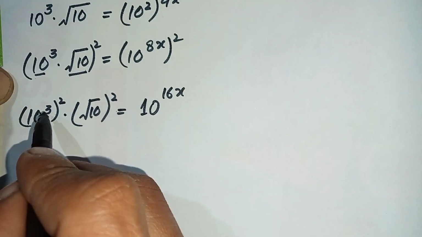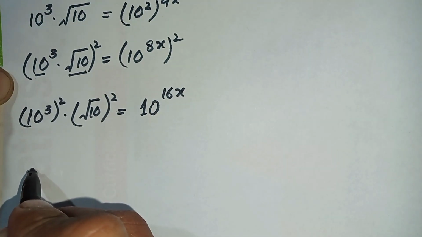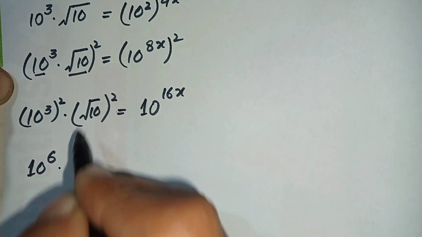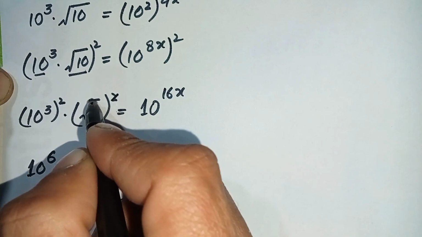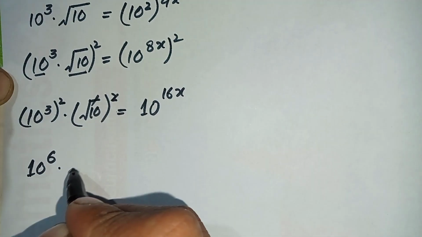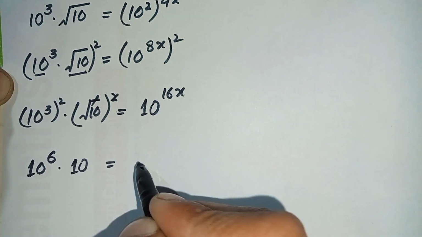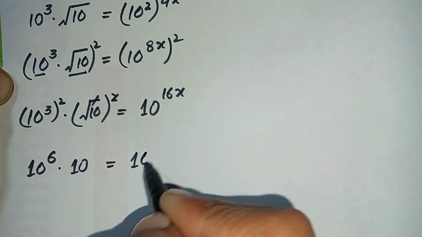So here 3 times 2 is 6, so it will become 10 raised to power 6 times, and here this square and this square root will be cancelled with each other, so only 10 will be left here, is equal to, and this side will be the same, 10 raised to power